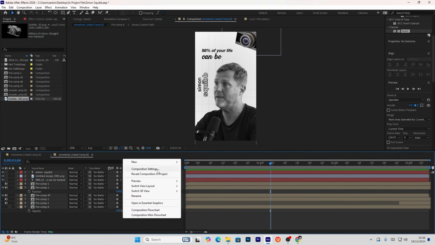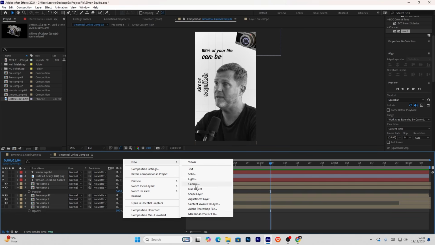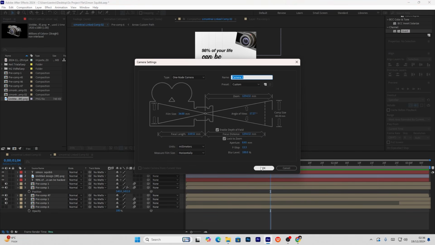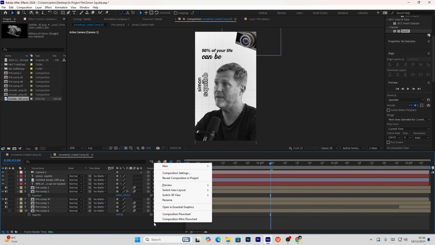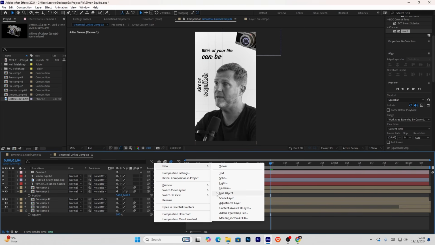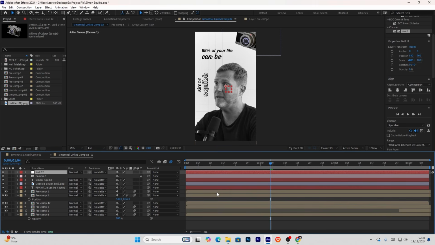First, you need to go to this area, go to New, and then select Camera. This will be the default settings. You do not need to change anything. You can just keep it as it is, whatever the software suggests. And as well, we'll be creating one new null object so that we can move the camera further from